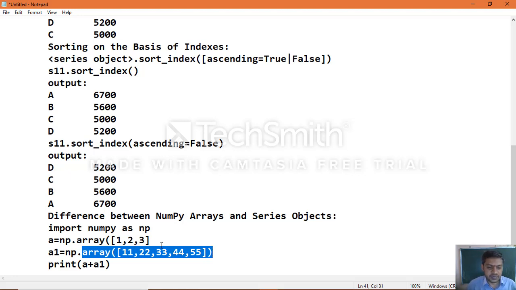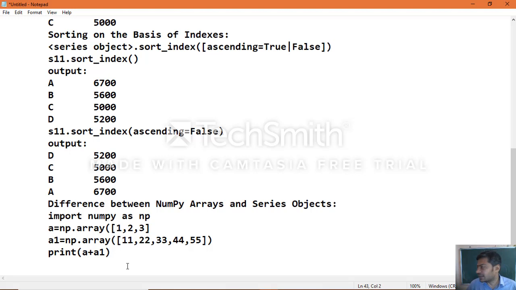This is 3 and this is 5, which will not match, so the operation will not be performed. We will see that practically while executing the example.